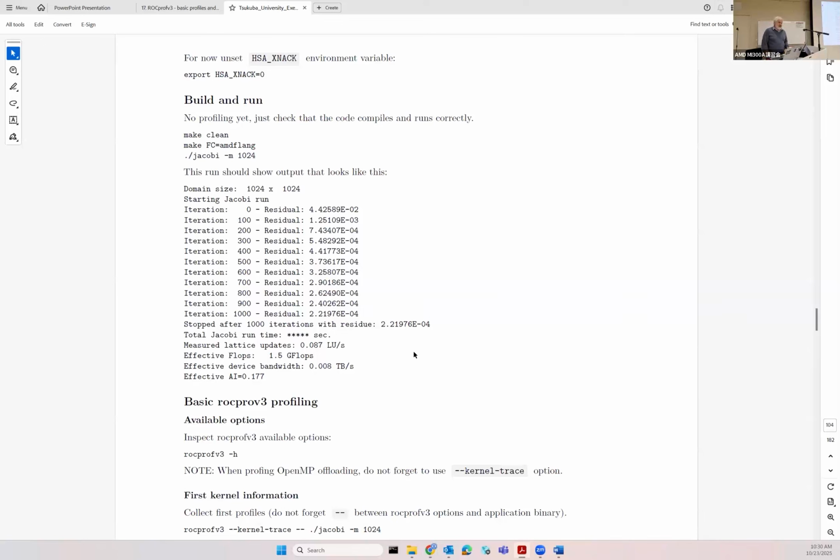Valgrind also has a tool associated with it that does race conditions, but it has a lot of false positives that kind of makes it frustrating to use. Oh, yeah, there's a GitHub action for it, so you can just